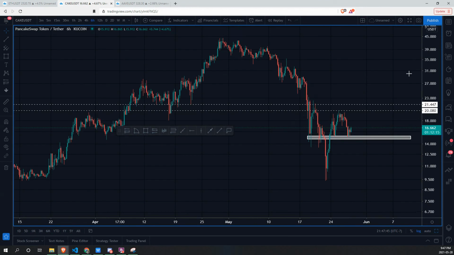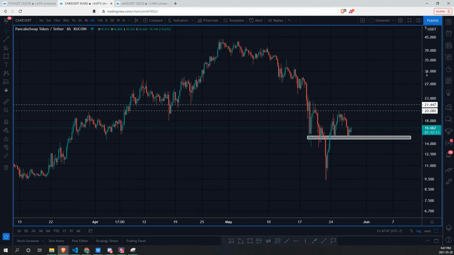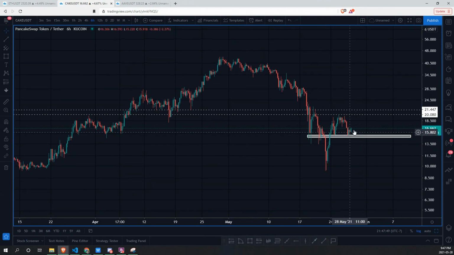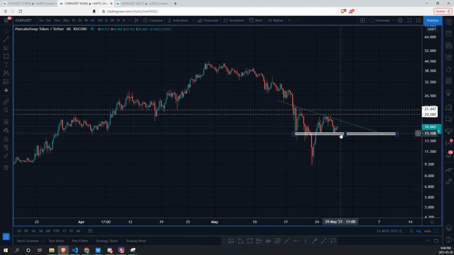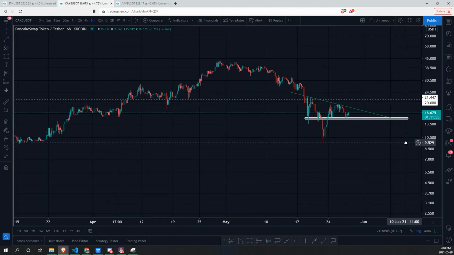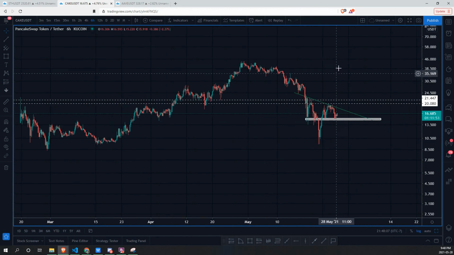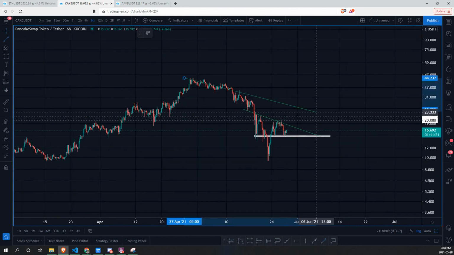Also going to be looking at PancakeSwap because I do think that this is a really good opportunity. Also potential formation of a reverse head and shoulders. It also does have that descending zone right there, so you're forming a slight descending triangle as well as a reverse head and shoulders, which is a great opportunity as long as the $15 level holds. If the $15 level does not hold, would not be great, but you do see